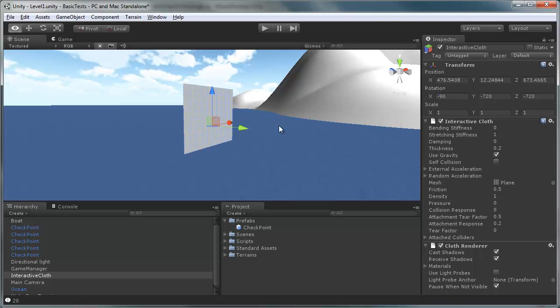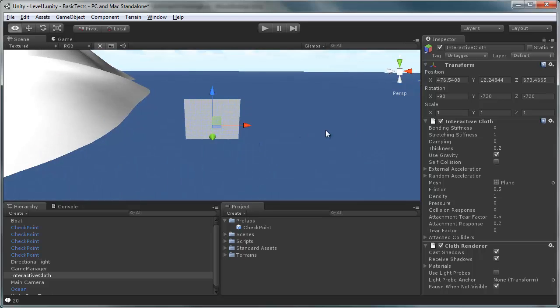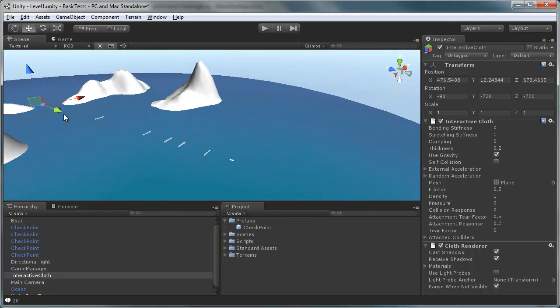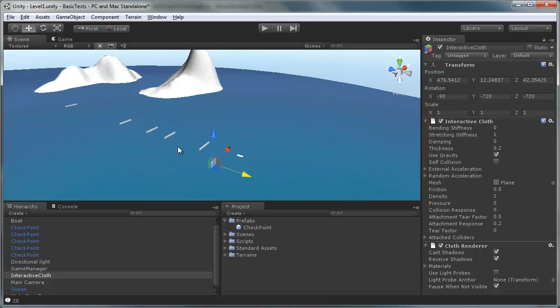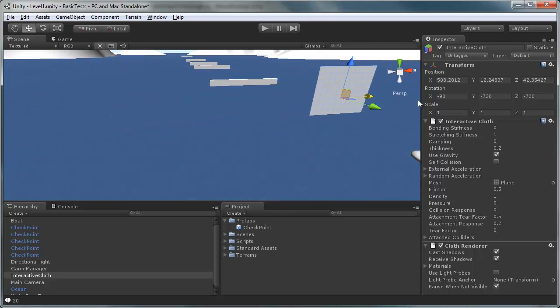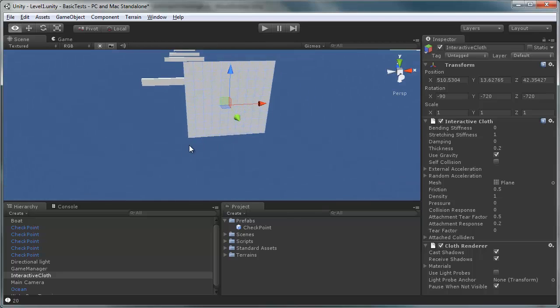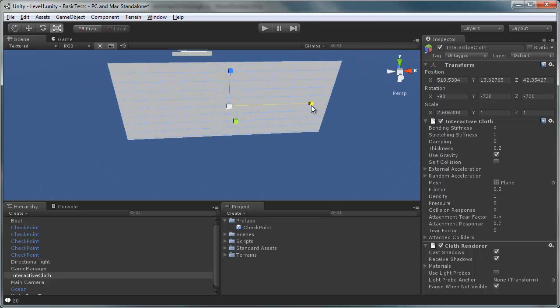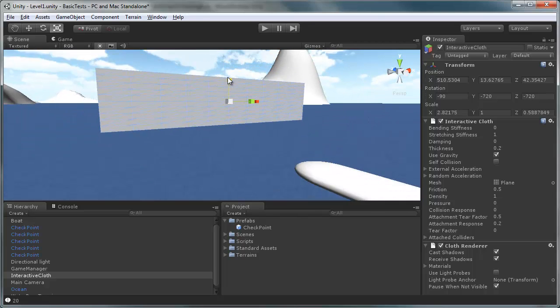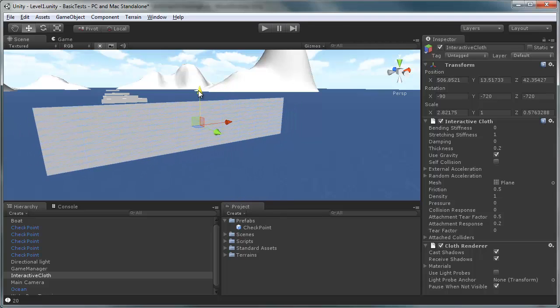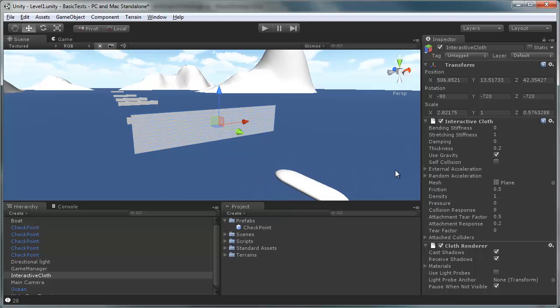Actually, in fact, let me show you a couple of things about the cloth first, before I start manipulating here, so you can understand the potentials of what you could do with a cloth other than just making it as a simple flag. You can make anything out of a cloth. It could be a piece of paper, a piece of rubber, technically anything, as long as you specify what exactly you would like to make of it,